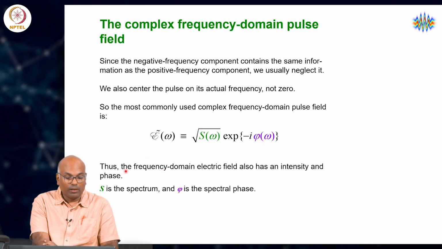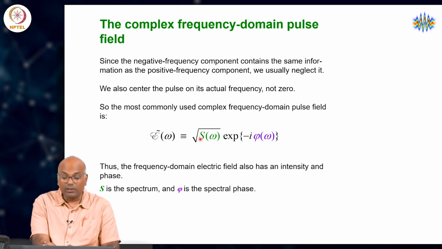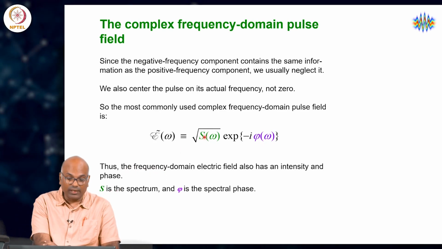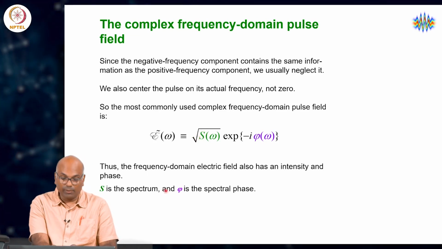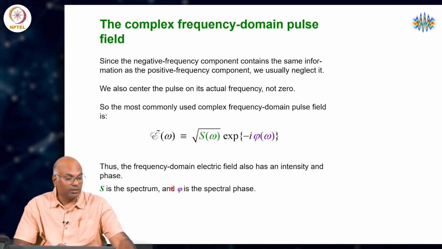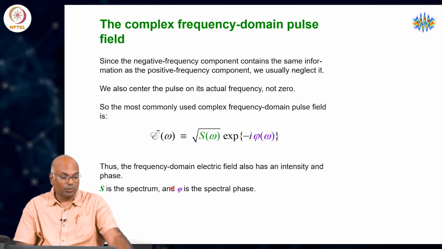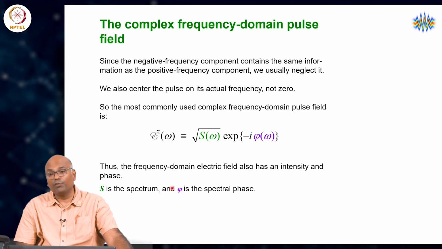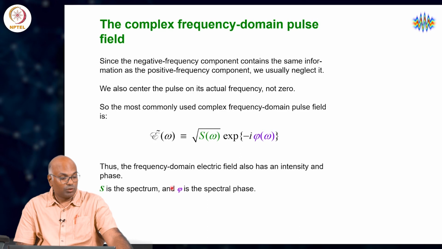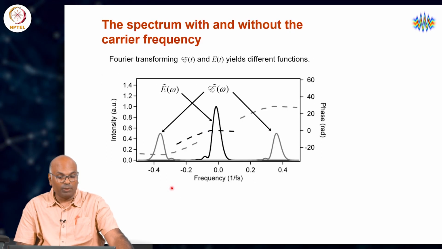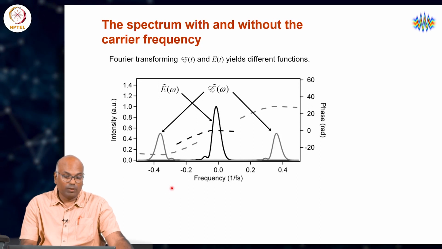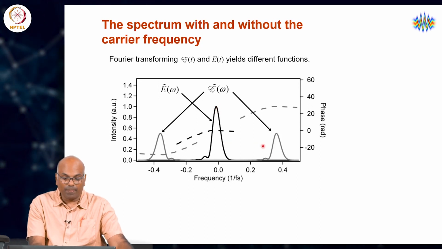So, S is then the spectrum of the pulse, not square root of S. So, it is related to an irradiance or intensity in the spectral domain, and phi is the spectral phase. So, phi of t and phi of omega are sort of equal twins, if you wish, which complement each other across two domains. Plotting E tilde of omega and